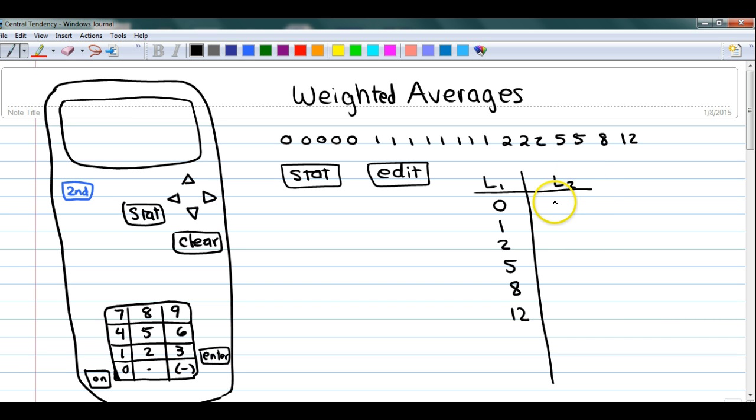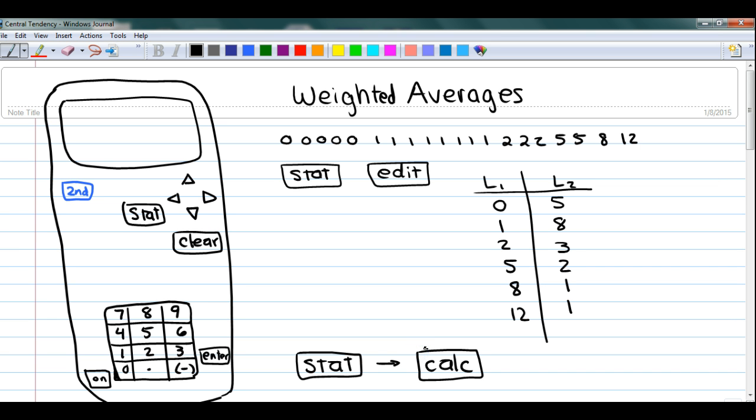In the List 2 column, I'm going to list how many times I want each of those repeated. So I put a 5 across from the 0, an 8 across from the 1, 3, 2, 1, 1. These numbers in L2 are just telling us how often we're repeating. Now when I want to run my statistics, I'm going to click on the Stat button again. I'm going to arrow over to Calc. And this time,